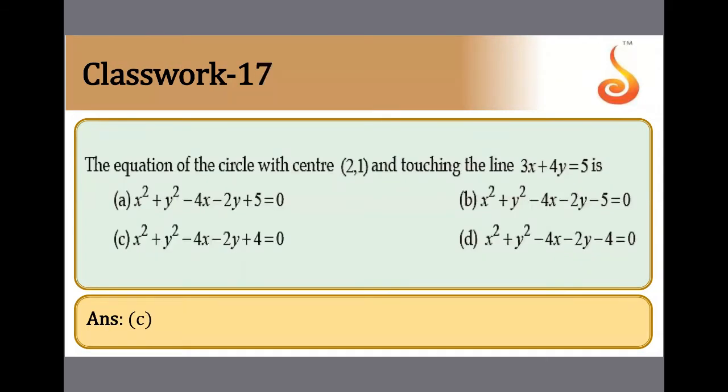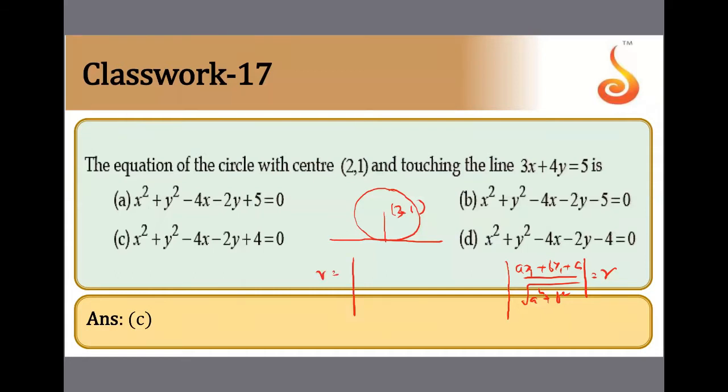Question 17. Equation of a circle with center 2, 1 touches this line. So this line is touching the circle, and this is the center 2, 1. We use the formula (a x1 plus b y1 plus c) by under root of a square plus b square as the radius. So you feel it is simple. I'll show you, very simple question they are asking. Same type of question they ask in JEE Mains. I'll solve it today.